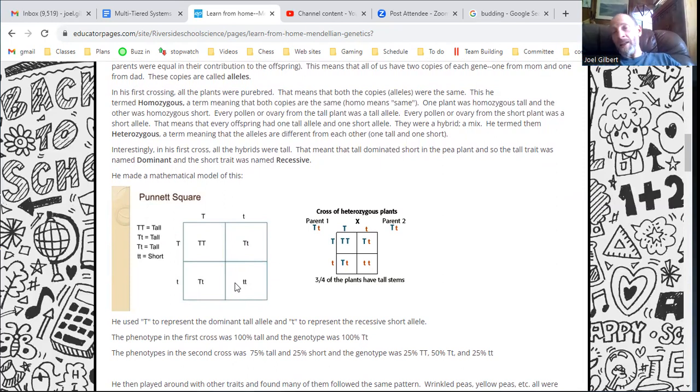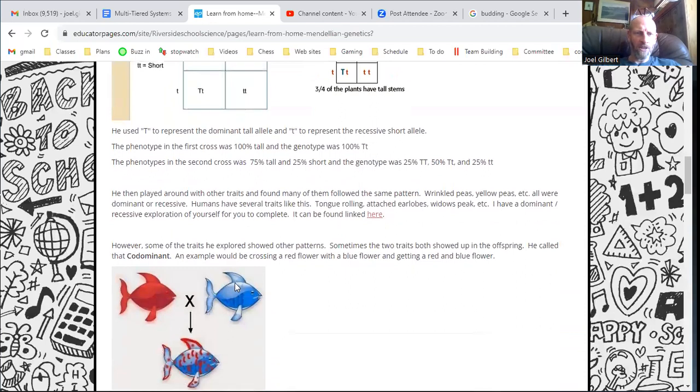Why pea plants? He had a garden he liked to play in. He could control which ones were reproducing with which ones by covering over the flower and using his finger to pollinate, not letting bees pollinate it. Also, their generation time is like 1 year. So in 1 year's time, you can find out what the offspring are going to be. Whereas with a human, our generation time is like 20 years. So to try this with humans, besides the ethical issues, it would take you a lifetime to do a couple of these crosses.